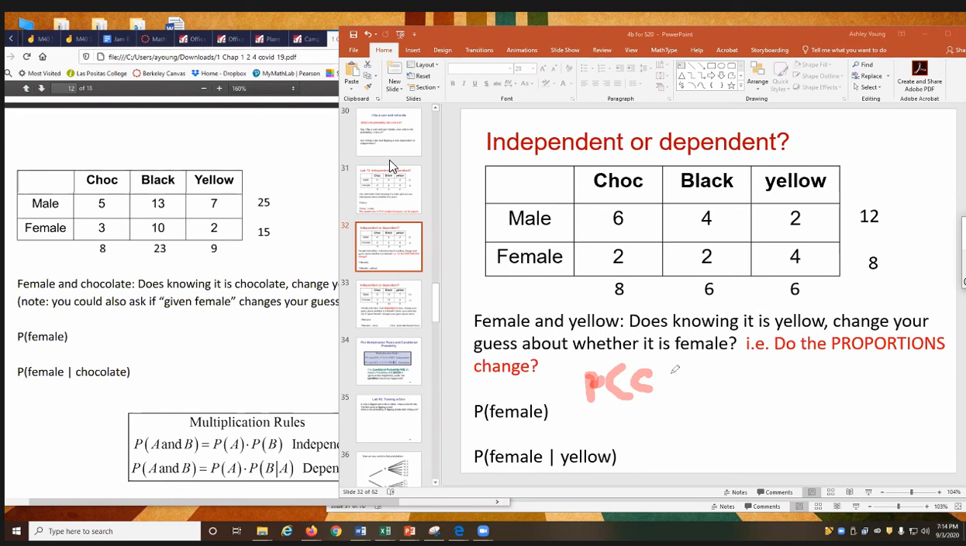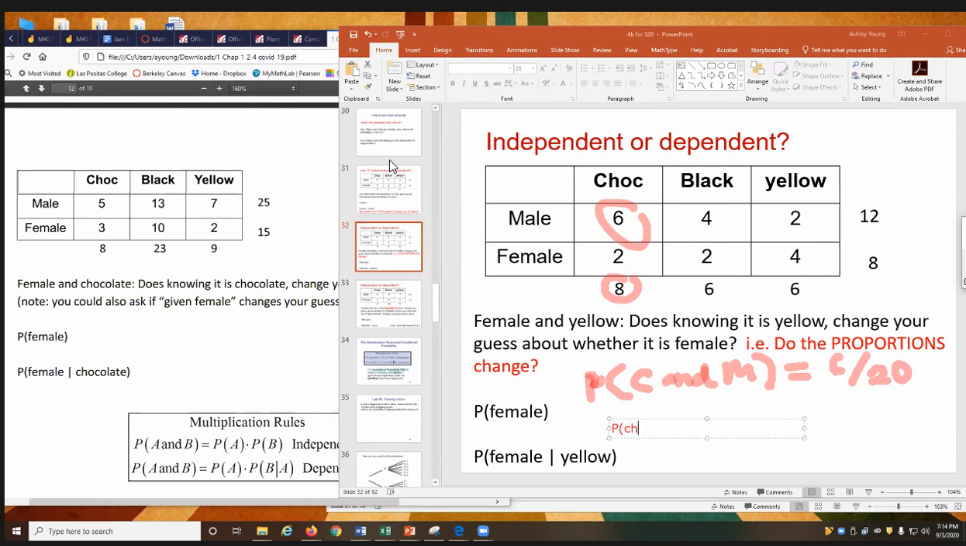I could just find it, right? What is it? It's 6 out of 20. But if I want to do it by multiplying, then I'd have to grab the right ones. I'd have to take the probability of chocolate. Let's see, that's 8 out of 20. So this would be probability of